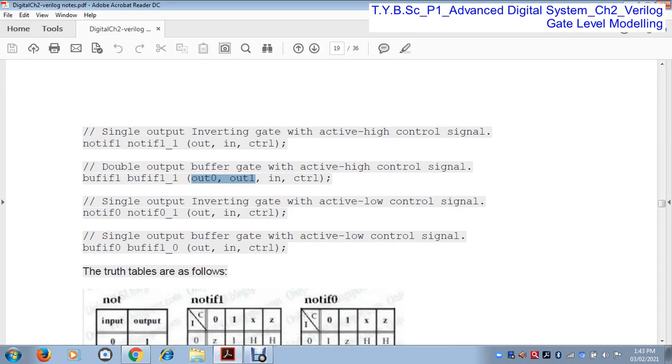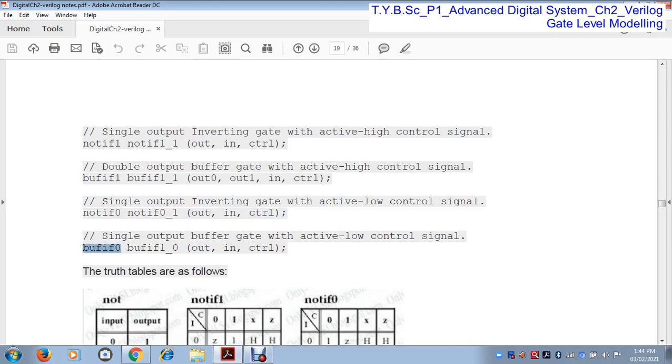Then a single output inverting gate with active low control signal. For active low control signal, the keyword is not if 0. Not if 0 means a not gate with low control signal, and this is the name, this is the output, input and control signal. Similarly, buff if 0 means a buffer gate with low control signal.